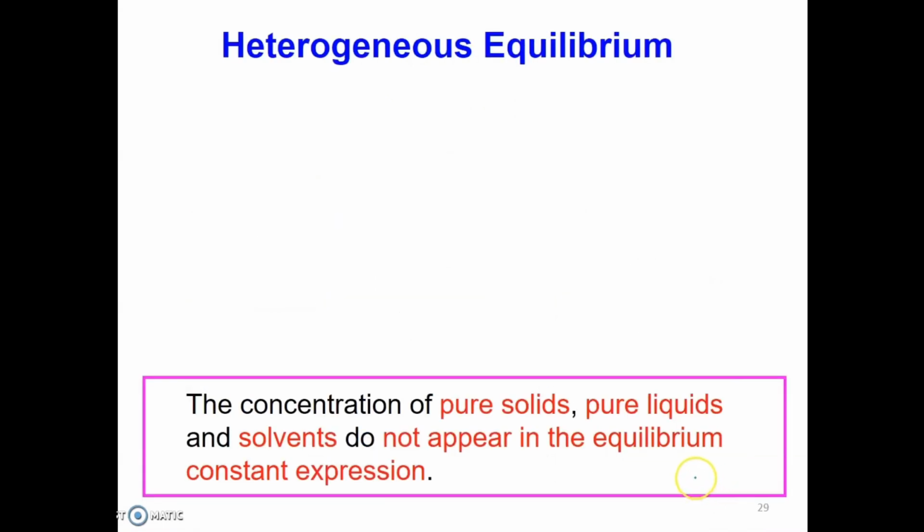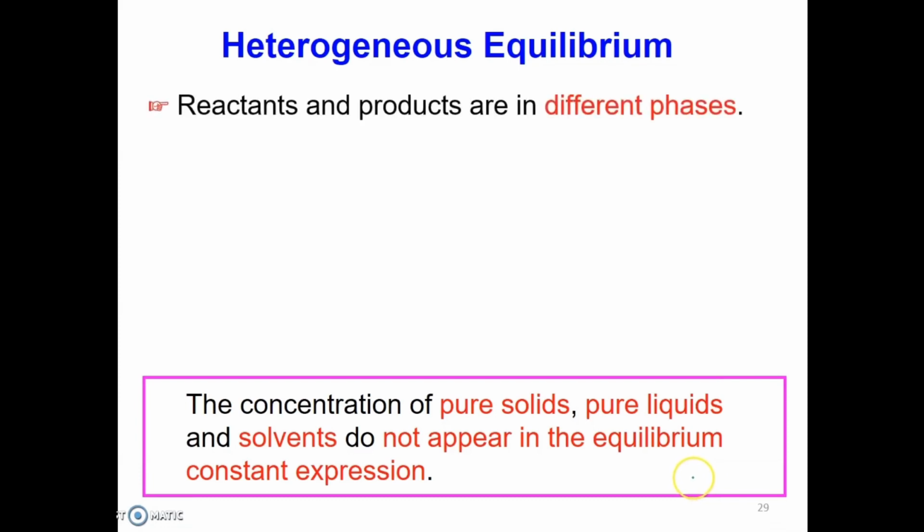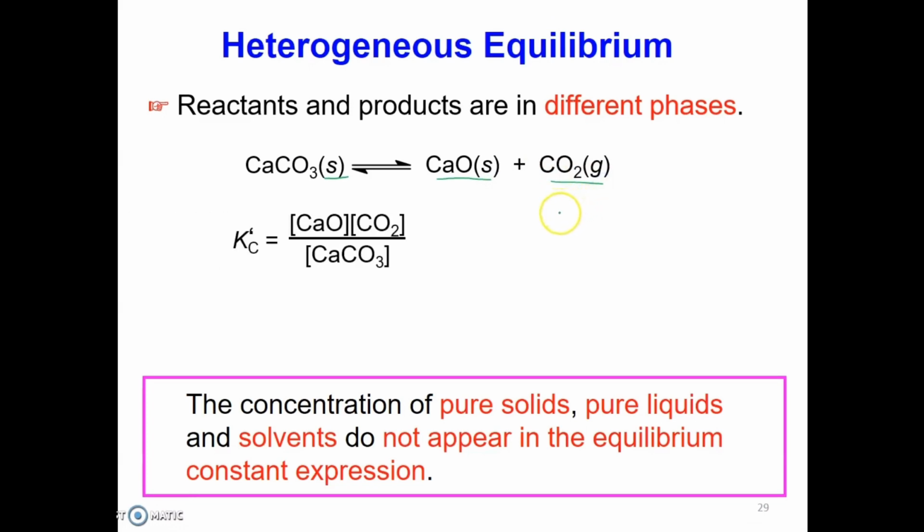Now let's focus on writing Kc and Kp for heterogeneous equilibrium. Heterogeneous equilibrium is when the reactant and product are in different phases. For example, here we have calcium carbonate, which is a solid, decomposing to form CaO solid plus CO2 gas. So when we're writing the Kc expression, Kc represents the concentration of product CaO times the concentration of CO2 over the concentration of CaCO3. However, class, we